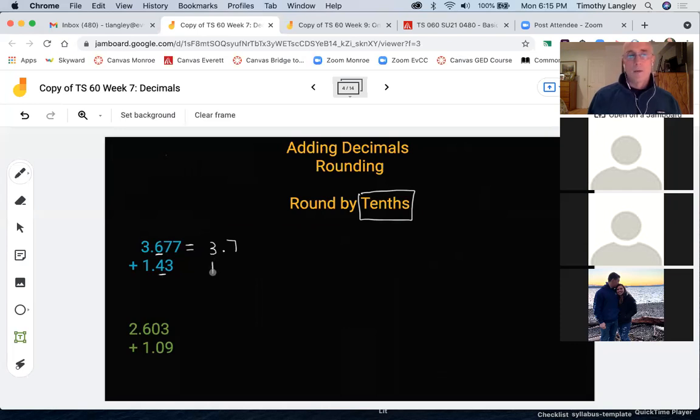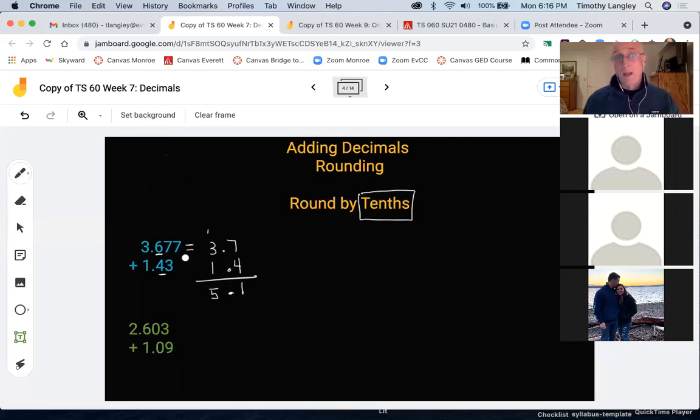So what I would write this as 1.4, and then I would add. Okay? And I'll go ahead and put the decimal there, 7, 8, 9, 10, 11, carry the 1, 3, 4, 5. So my answer would be 5.1, okay? So that's what you would do if they ask you to round the numbers to the 10th first and then